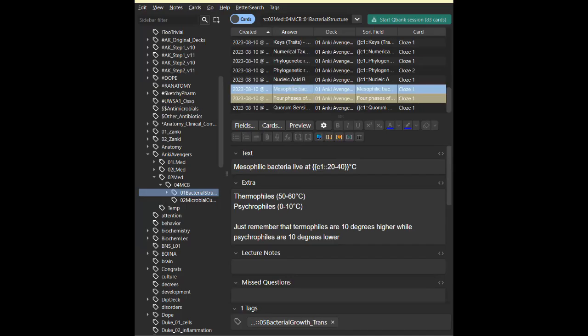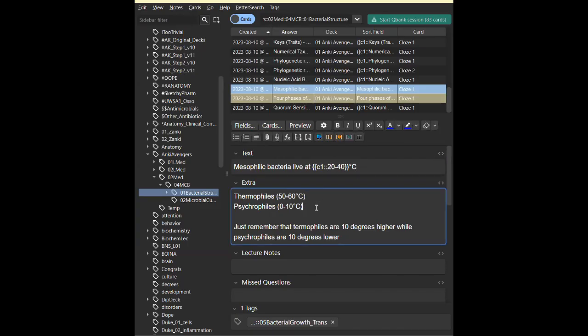Now, there are some cheat things that we can do, for example. In the trans, you might have seen that this information they were bulleted. These three bullets were beside each other: mesophilic bacteria, thermophiles, or psychrophiles. But look at naman the information. Psychrophiles live at 0 to 10 degrees Celsius. Thermophiles live at 50 to 60 degrees Celsius. But mesophiles, they live at 20 to 40 degrees Celsius.